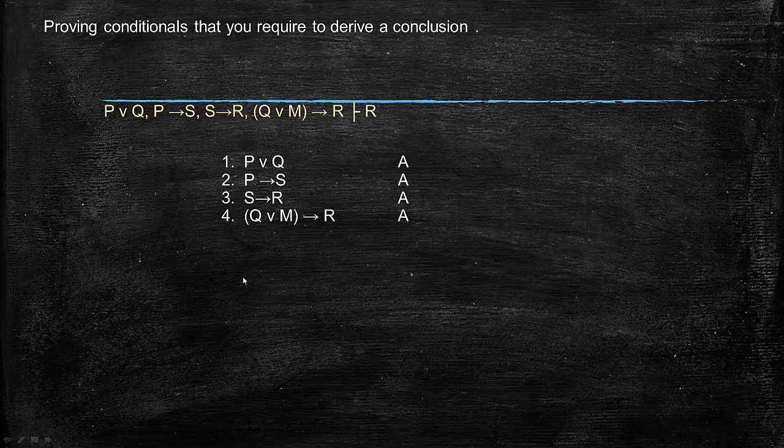So if you look at what we have here, we have P or Q, and if we assume that P or Q is going to be critical in our proof, that it's not just there for no reason, then if we're going to use P or Q to derive R, we might have to show if P then R,